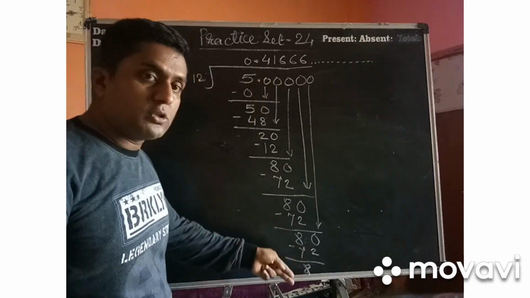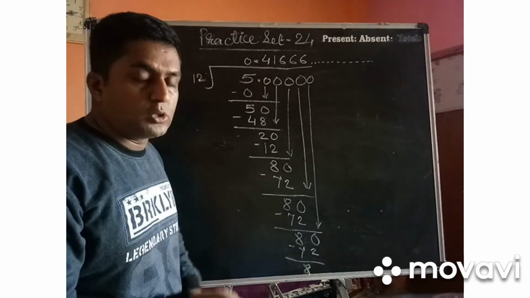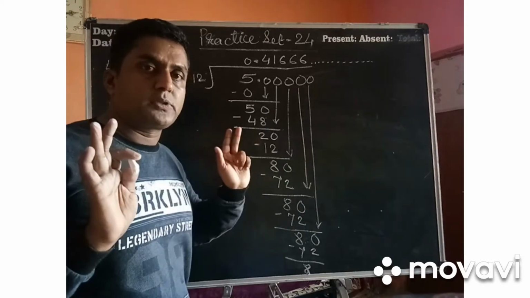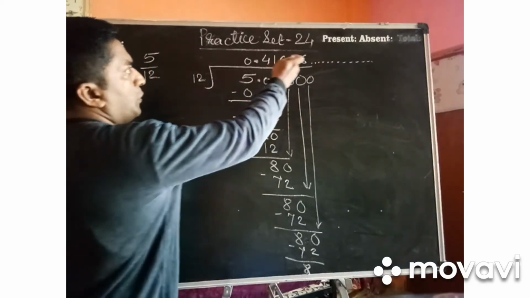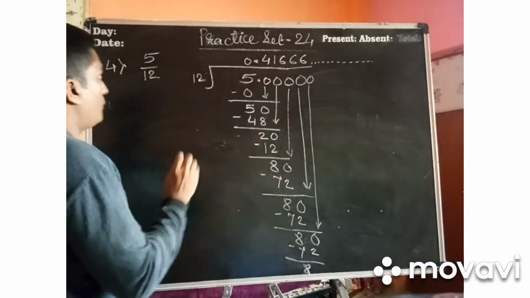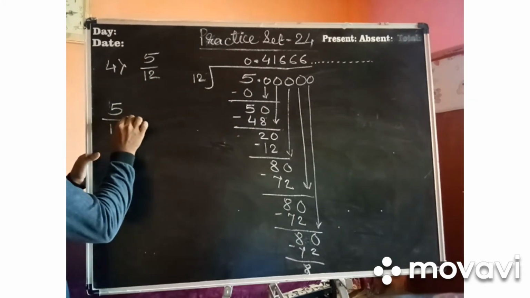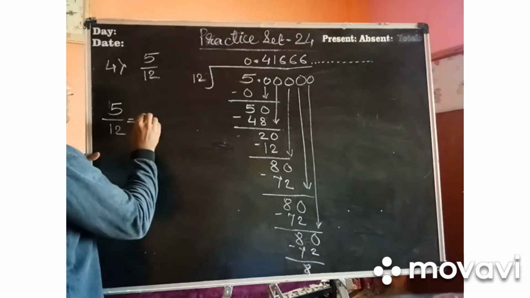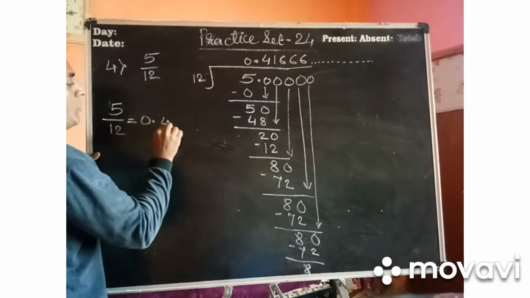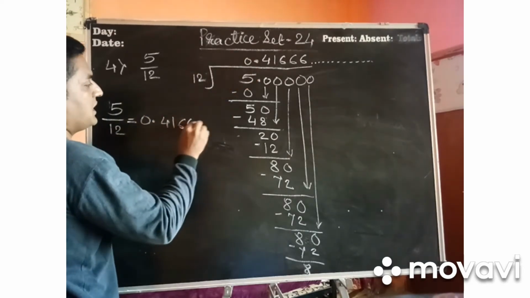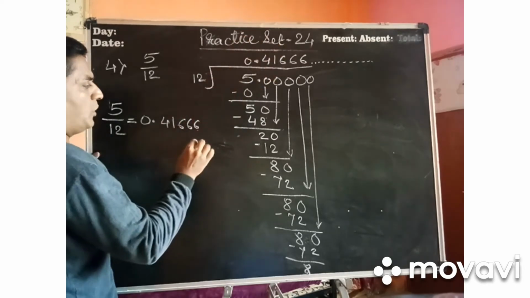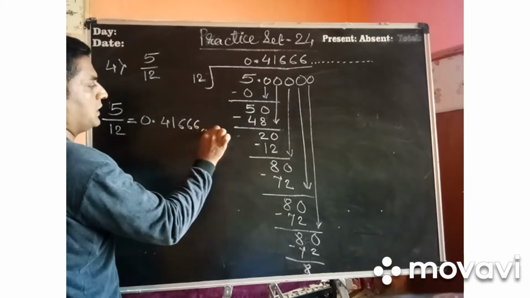We don't have the space on the blackboard. You don't have the space in the notebook. Why not stop here? Okay, I have stopped. Where have I stopped? After 4 or 5 stages I have stopped. Now see, I am writing this question. 5 upon 12 is equal to, what is the answer? 0.41666, and many sixes I am not writing, just I am showing dot dot dot dot.